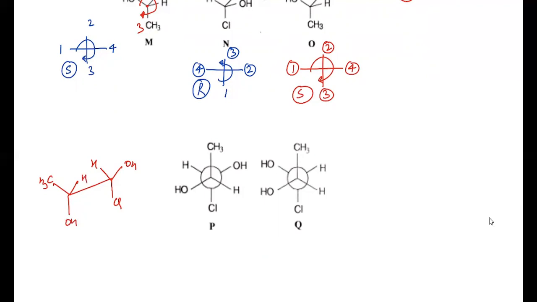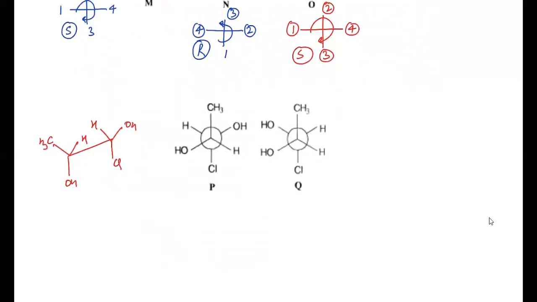अब इसके लिए आप फटाफट RS लिख डालो. तो फ्रंट कार्बन का RS लिखेंगे तो this is position number 1, कार्बन चेन is position number 2, H position 4, CH3 position number 3. तो 1 से 2 होते हुए 3 जाना है. This is the sense of rotation. The sense of rotation is anti-clockwise, so configuration must be S, but as H is on horizontal position, so this configuration is R.